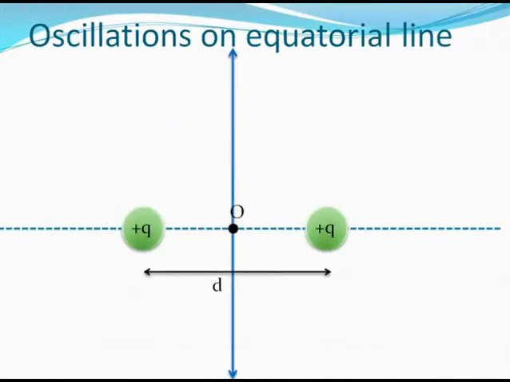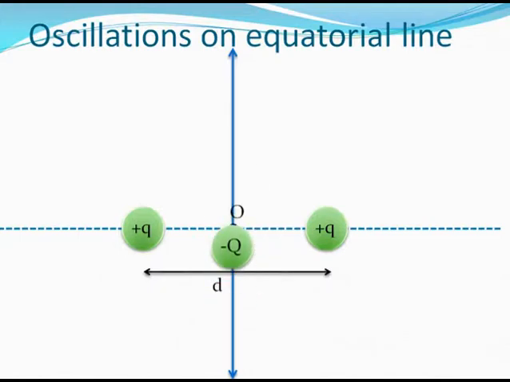A very interesting thing happens when you place a negatively charged particle on the origin when two positive charges are placed to the left and the right of the origin respectively. So you have this two positive charge system, and suddenly I have introduced this special charge minus Q. You see, it has been observed by scientists that when I slightly displace this minus q charge along the y-axis, slightly, and leave it, it automatically starts oscillating. This is what happens. You can see the results of the experiment on your screen.